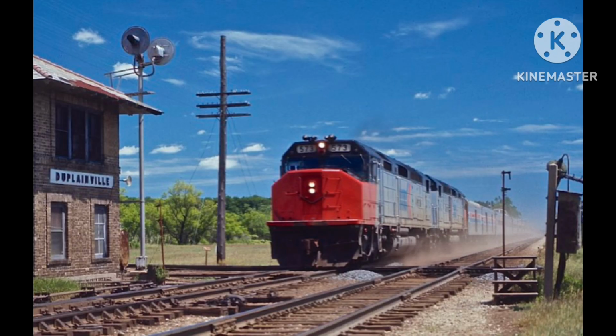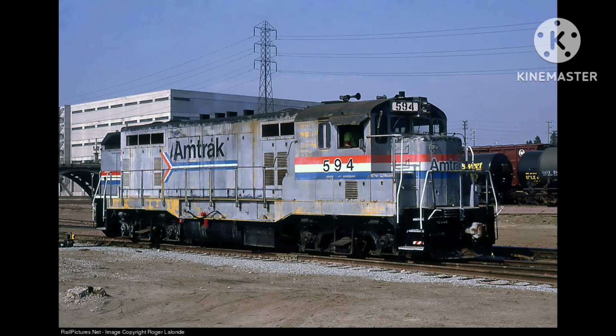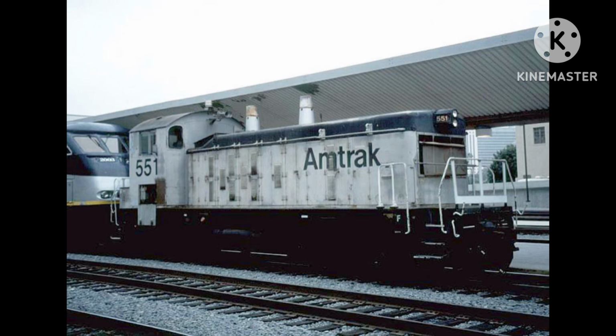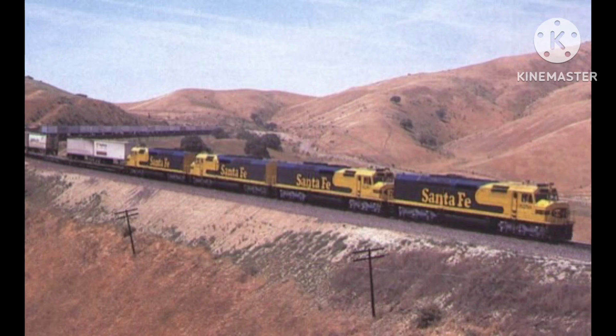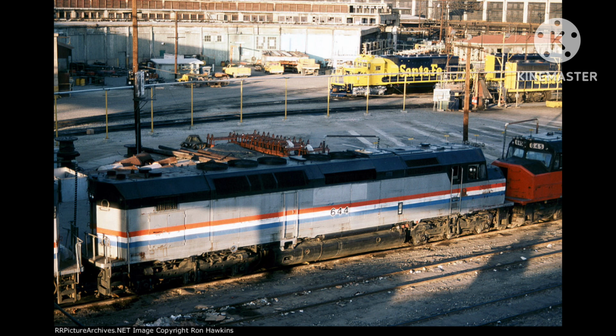After the remaining 18 SDP-40Fs were retired in 1984, they were sold off to the Santa Fe Railway for 25 CF7s and 18 SSB-1200s. The ATSF would rebuild the SDP-40Fs for freight use, reclassifying them as SDF-40-2s, resulting in their steam generators being removed and regearing them for slower speeds. 644 would get the same treatment, and she, along with 17 others, would be renumbered into the 52 series. 644 would be renumbered from 644 to